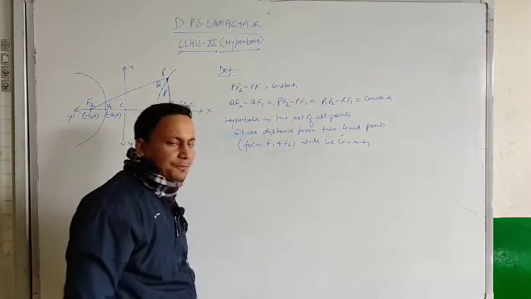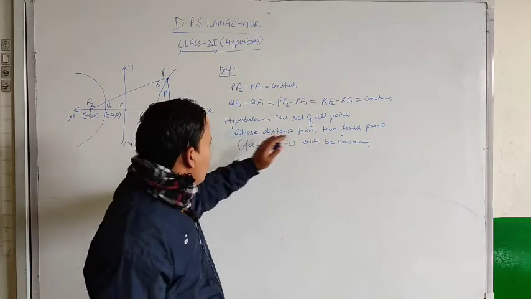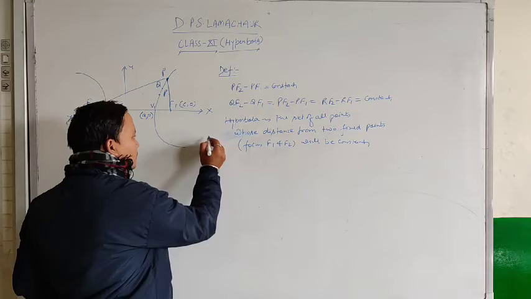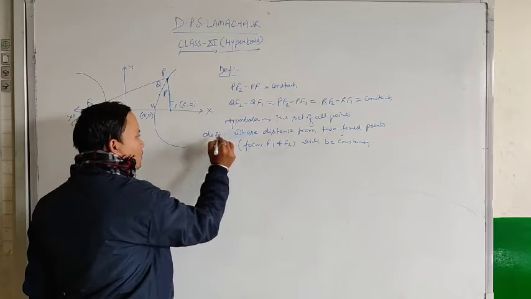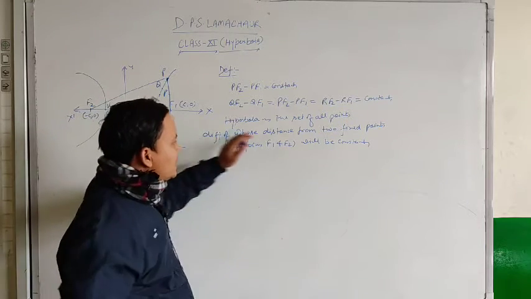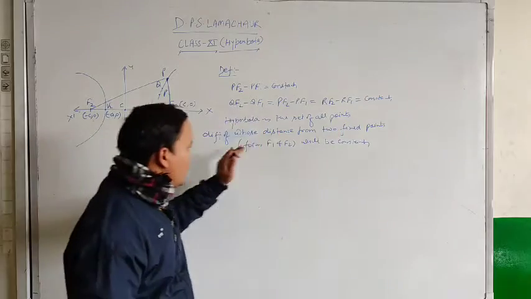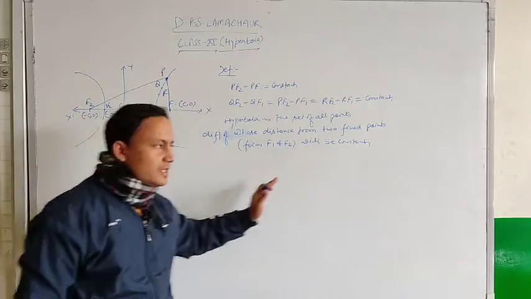So what is a hyperbola? Hyperbola is the set of all points the difference of whose distances from two fixed points is always a constant. It means that